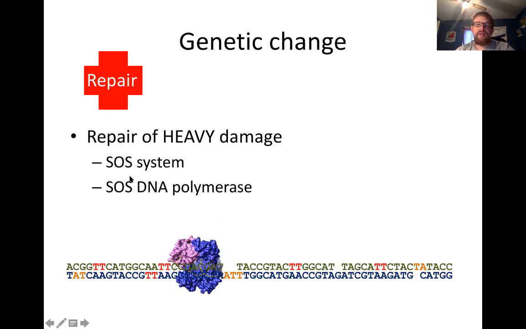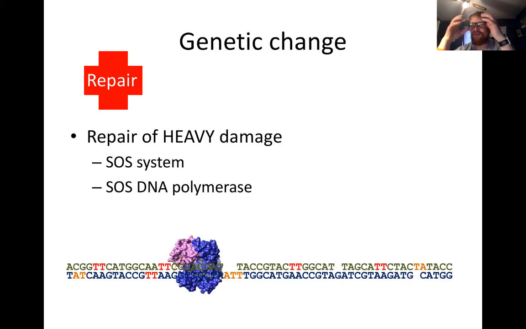And so you have SOS DNA polymerase that comes in, and it just starts laying down nucleotides to try to fix things or fill the gaps. It doesn't proofread. It doesn't care, right? Think about it. We'll use the ship analogy. If you're in a ship or a submarine and you spring a leak, you care what you're shoving into that hole to plug it or block water from coming in? No, you're just grabbing anything you have in front of you, shoving it into that hole, and hoping that it keeps that water out. And that's what SOS polymerase is doing.